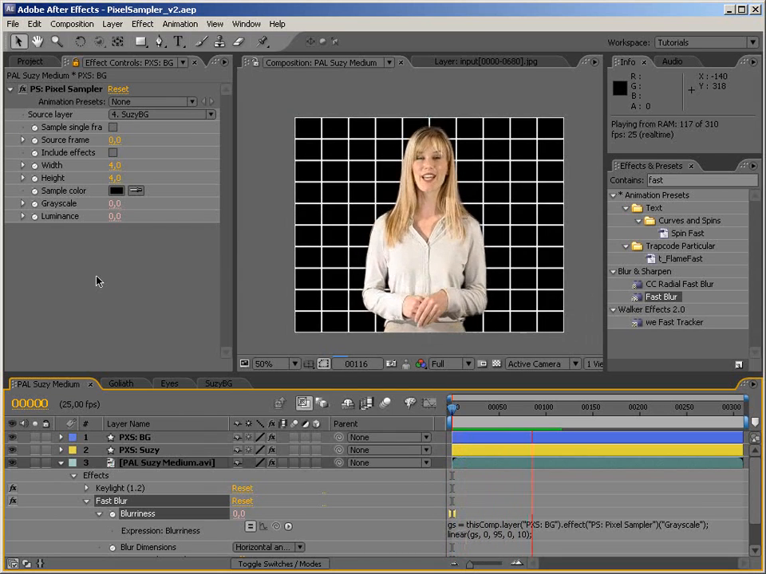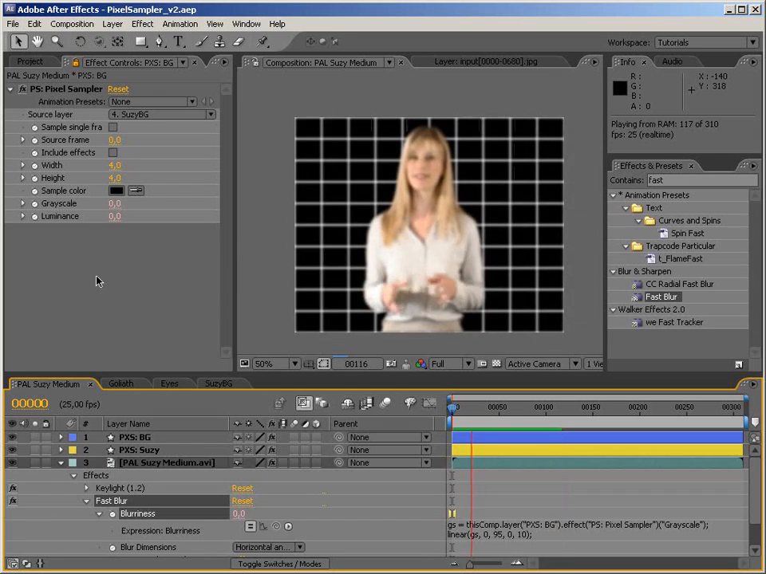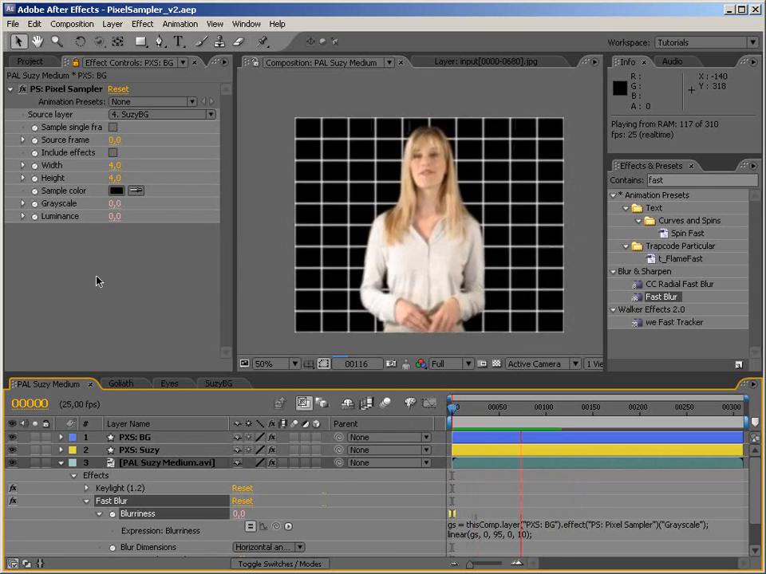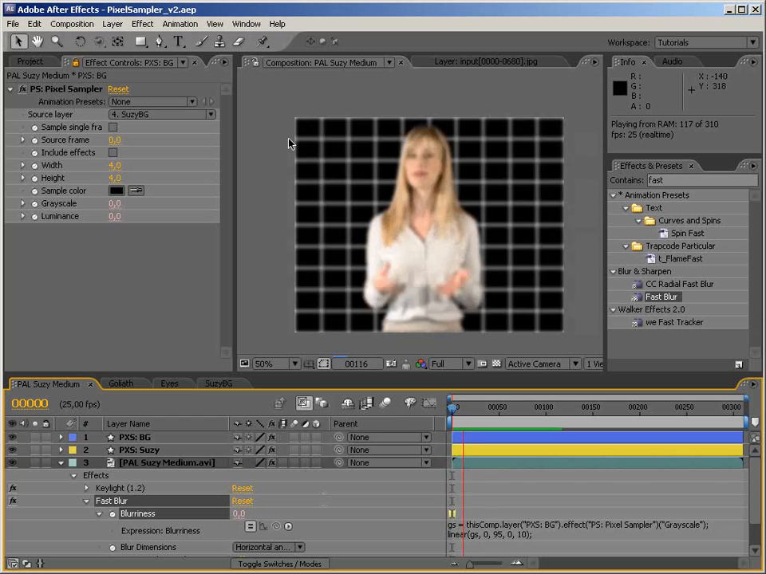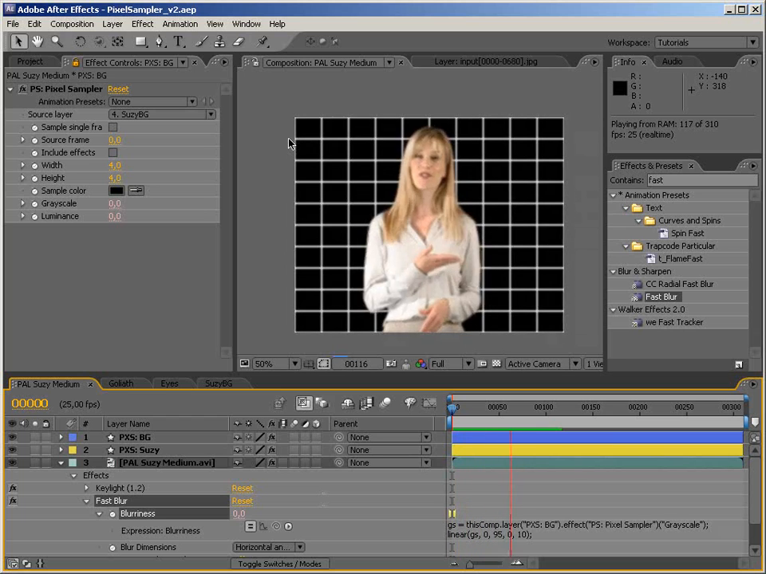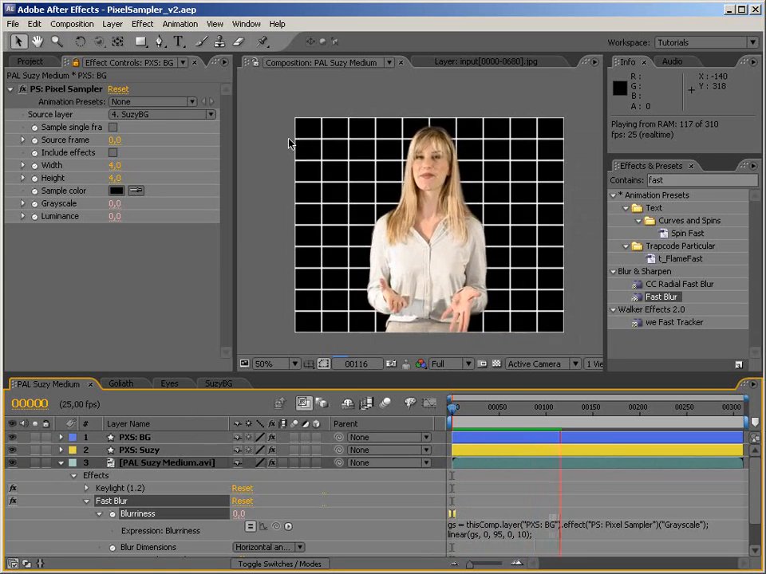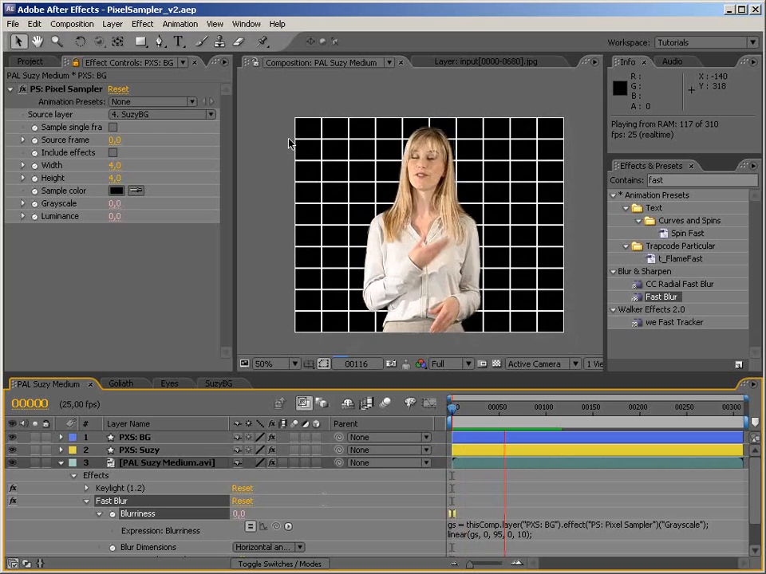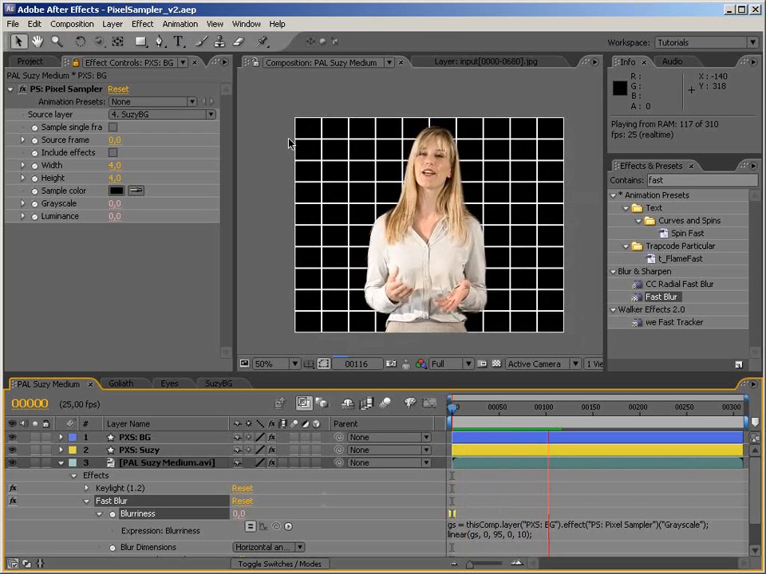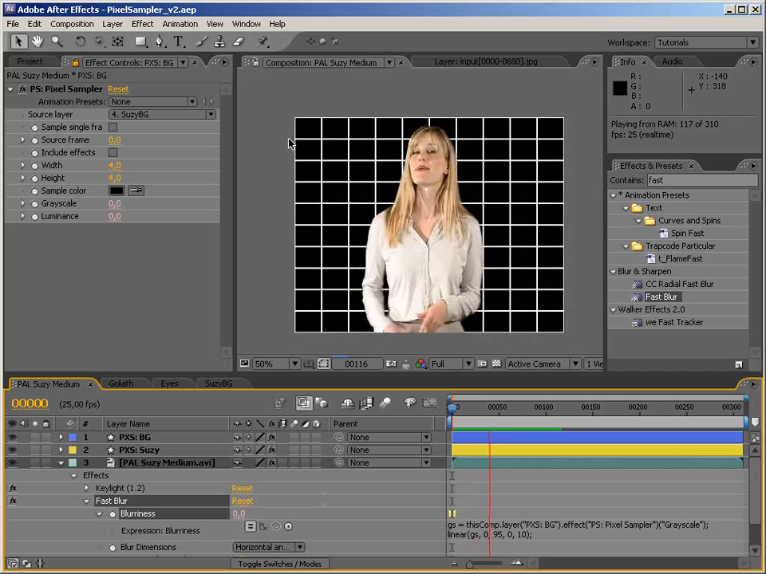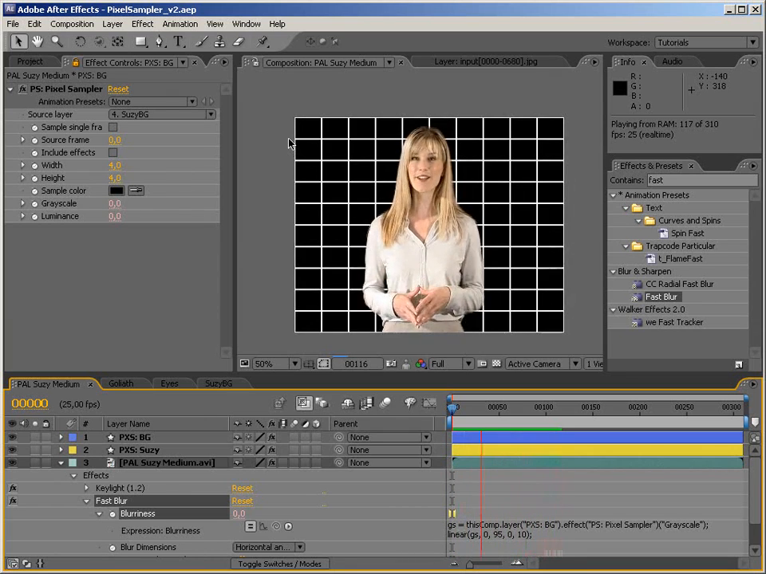See what happens. We are measuring the luminance value within this sample area, and this changes over time, and we are then changing the blurriness value of the fast blur effect applied to the SUSY layer. If you remember, I told you that I wanted to do this since I ever started to